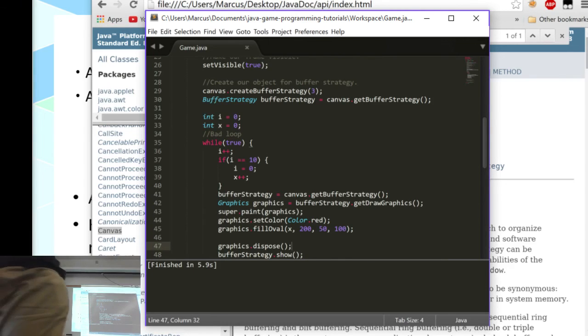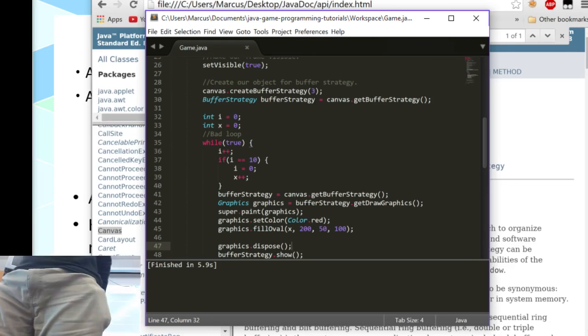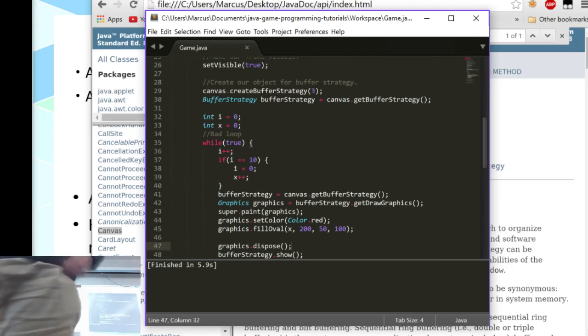Try, I don't know. Yeah, that actually probably will do it now that I think about it. There you go. There's yours. Oh, you have a variable name issue.